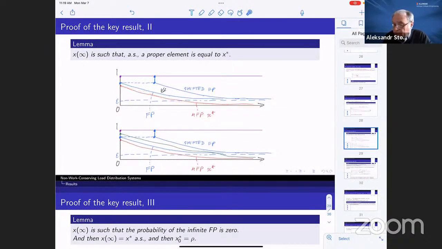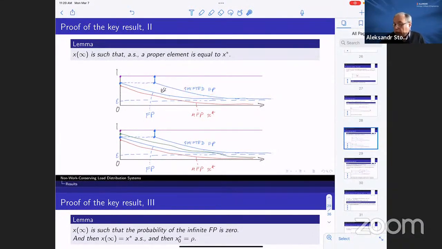By uniqueness, if we change the initial condition of the stationary distribution a little bit, we will move it up. We will get a trajectory which will not converge to zero. It will converge to some small epsilon. It will closely approximate the minimum fixed point, but it will stay away from the x-axis. So this is this blue one. What you can do is look at a shifted version of this blue fixed point, if I shift it right, suppose far enough. Let's call it the shifted fixed point.